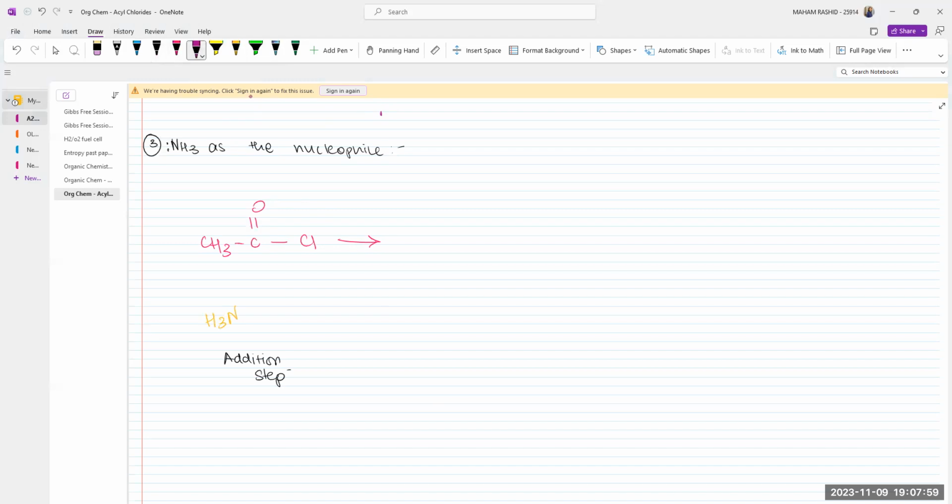This comes close to your carbon. This has a lone pair. Comes close to carbon. Wants to form a dative bond. Okay, carbon has a partial positive, oxygen a partial negative, and the halogen also a partial negative. Okay, these electrons move back to oxygen for the time being, and then